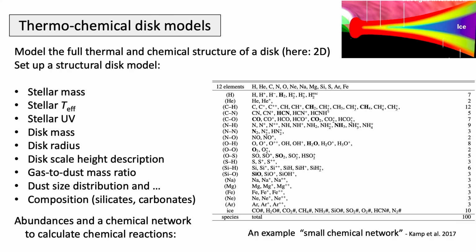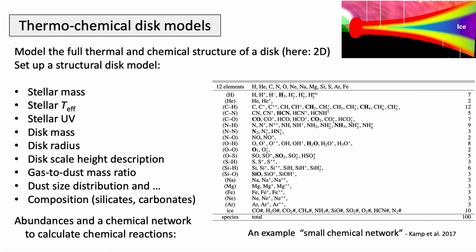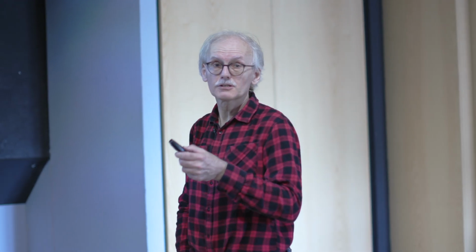In this calculation, 12 elements were used. There are more, but these are the essential elements you need, C, N, O, sulfur, silicon, and whatnot. And these are the molecules you want the code to deal with. You can have more, of course, but these are really important molecules you want to calculate. This is said to be a small chemical network. You then calculate chemical reactions that are possible within this set of molecules and abundances. You can have much more, of course. You can have very big, but it just takes more computing power, of course, to find any solution of the